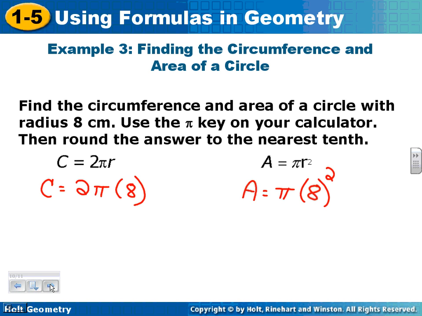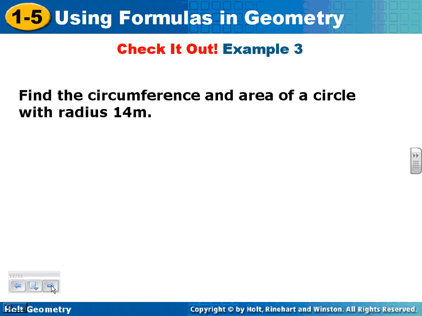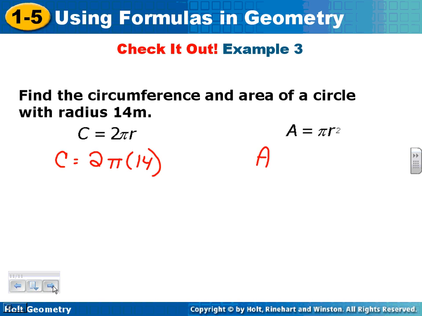And you can put those into the calculator and get the numbers. On the next one, though, the radius now is 14. So again, here's my formulas. So my circumference would be 2 times pi times 14. My area would be pi times 14 squared. Again, you can punch those into the calculator